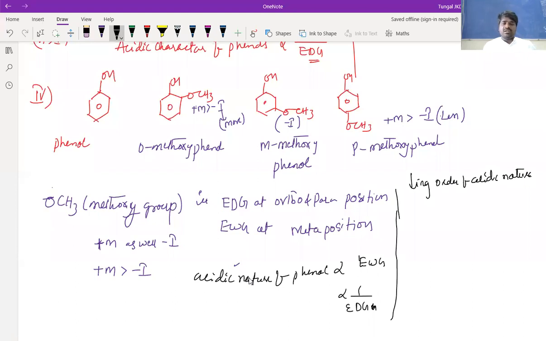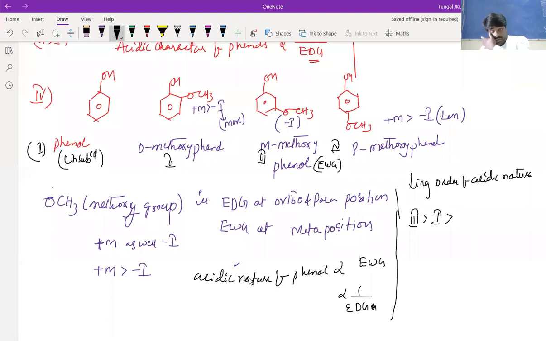See, which is having electron withdrawing group overall? This is overall electron withdrawing group. This is unsubstituted, I've already given in the beginning itself. This is donating, beta. So from this, what can I write? Third is more acidic, followed by first. In between these, how to decide between second and third? So this is your second, this is your third, this is your fourth, and this is your first, beta. So between the third, second, and fourth, how to decide?